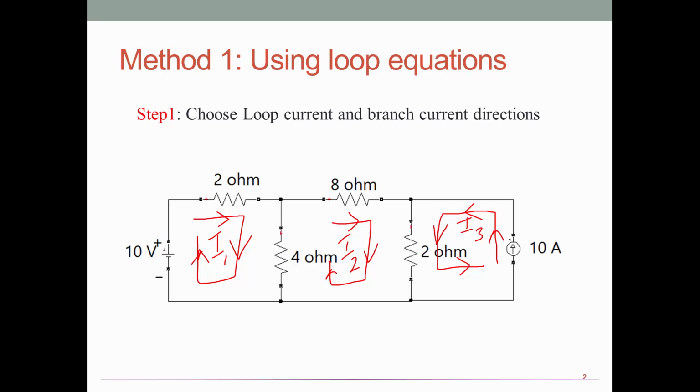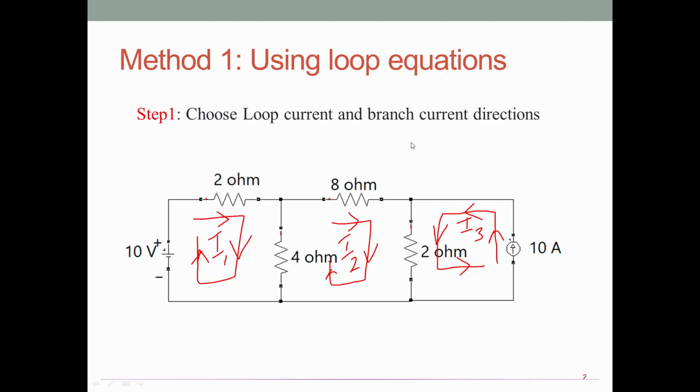Now if you ask me the question, what is the current flow through loop number 3, that is I3, straight away you can say which is 10 amps. If you are taking in clockwise direction, then it would have been minus 10 amps. So to avoid confusion, I am taking here in third loop alone in anti-clockwise.